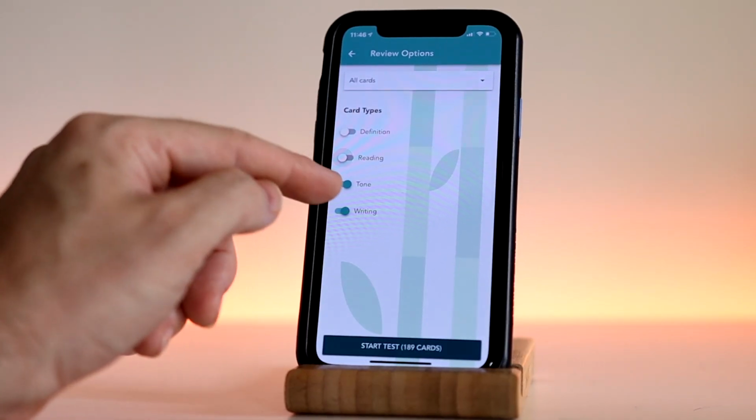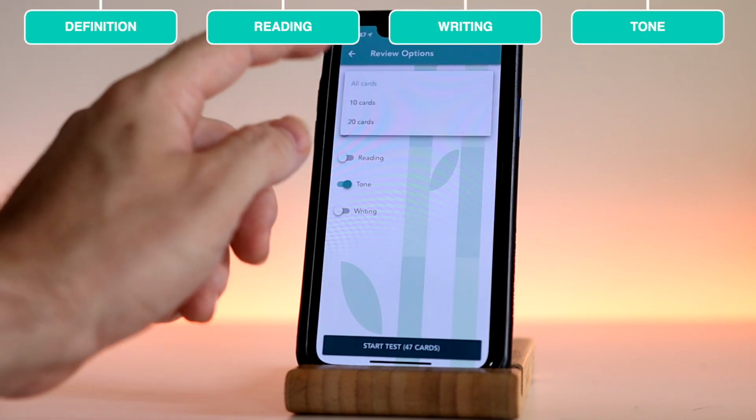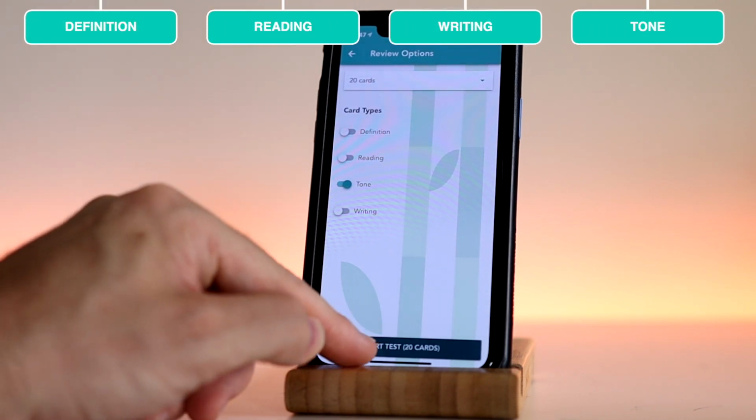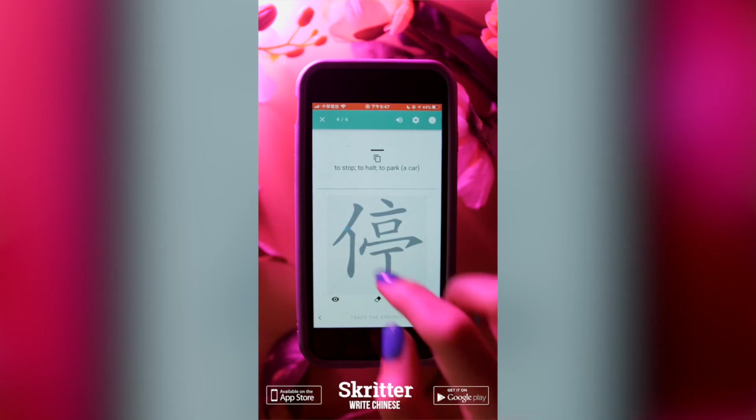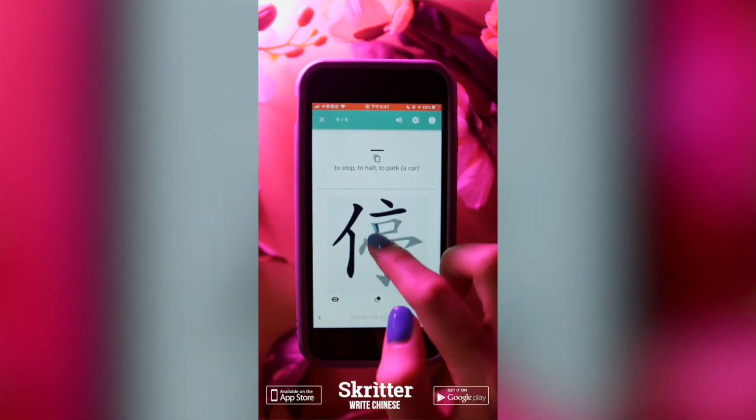Yeah, so first of all, I just think it's really important to say that Skritter is a vocabulary tool. This is what it's built for, and we have 4 different card types: reading, tone cards, definition cards, and pronunciation cards. And I think the powerful piece of Skritter is that you are using active recall and you're writing characters. That's what we're really known for.